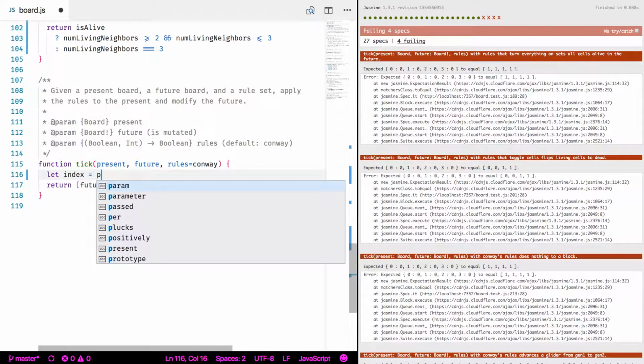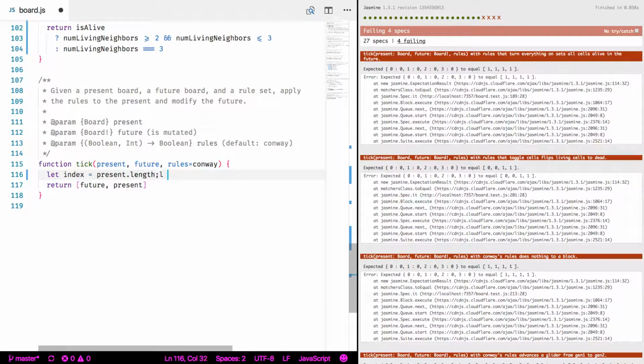Yeah. So one option is exactly that, I can have an index. So I'll say the index is present.length, and then as this index goes to 0, then that is arguably more confusing than it needs to be. But it does look kind of cool, right? This is my editor turning this into what looks like an arrow. And it actually does kind of look right? As index goes to 0, and that's exactly what's happening, but